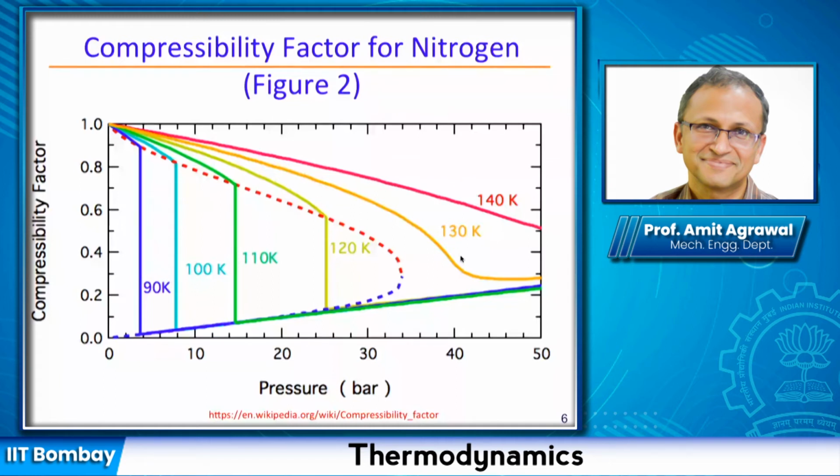Right, and of course the ratio is 1, or PV is equal to RT. So pressure, as you have said very correctly, is not changing, my temperature is not changing, R is a constant. So my V cannot change. Of course, here when we are saying V, it is actually specific volume. So the volume that I calculate from my ideal gas law cannot change. But my actual volume is changing because, as you also said, my compressibility factor is the actual volume to the volume which I obtain from my ideal gas law.